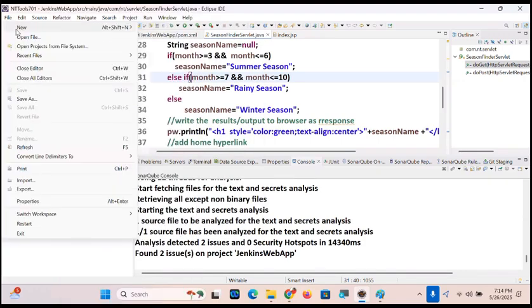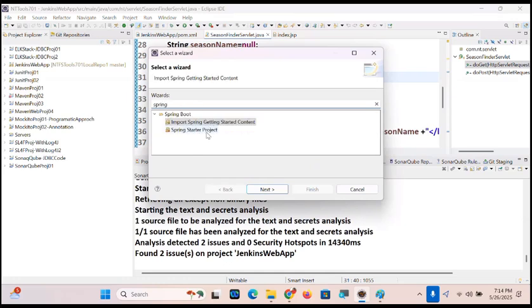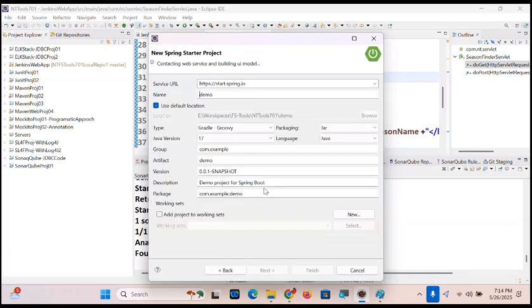The people who don't know Spring Boot, don't worry, you will study it in future. To create a Spring Boot project, what is the option we should use, guys? Spring Starter project. It is not a Maven project. It's a starter. Where do I have to give the name of the project? Let me give Docker